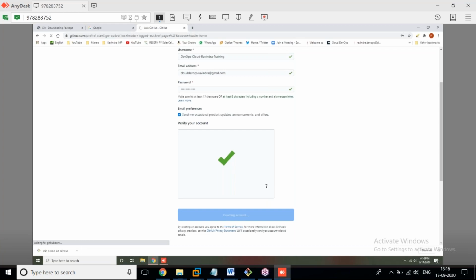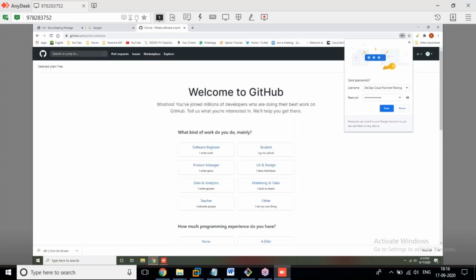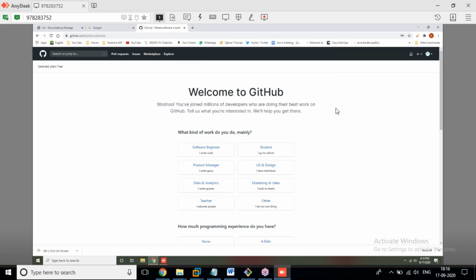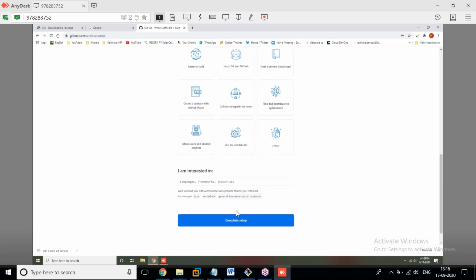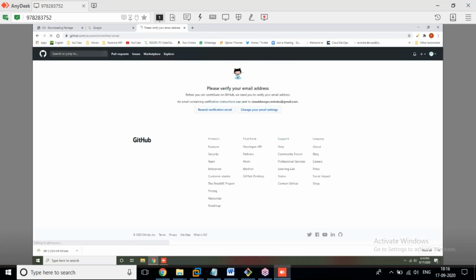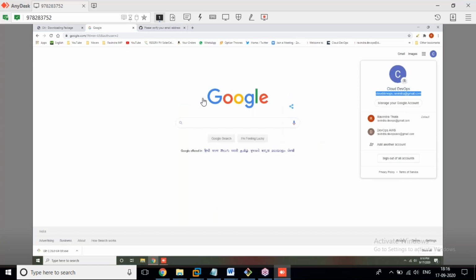Now we need to select which type of person you are, for what purpose. Are you a software engineer, are you a student, or in which kind of business you are. Okay, you can choose this one. Just complete setup, by default selected. Now verify your mail ID.